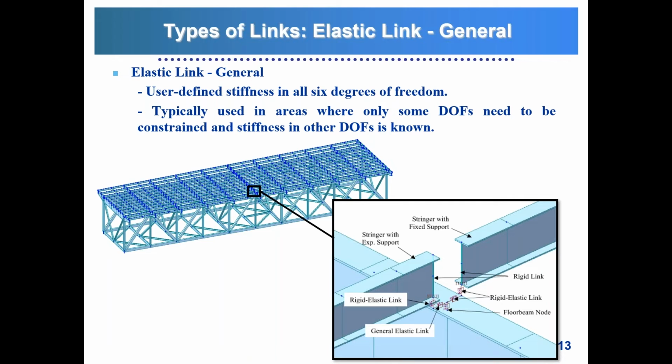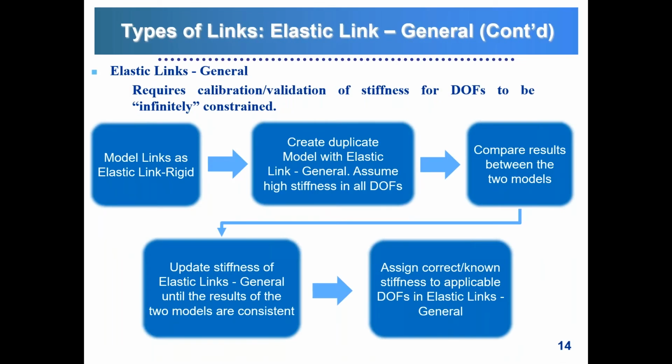So I mentioned that we use a very high stiffness to simulate rigid behavior. Now that's something that you need to keep in mind for general elastic link. If you're going to do that, you have to make sure that you calibrate that stiffness that you're using for the rigid behavior. And there's a very straightforward process to do that. Basically, you want to make sure that whatever high stiffness that you're using, it's actually simulating that rigid behavior